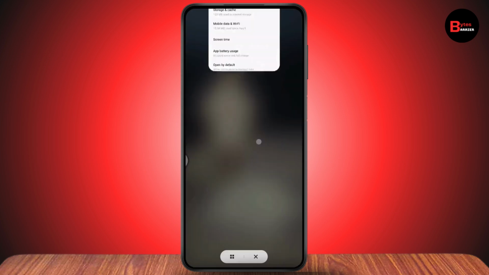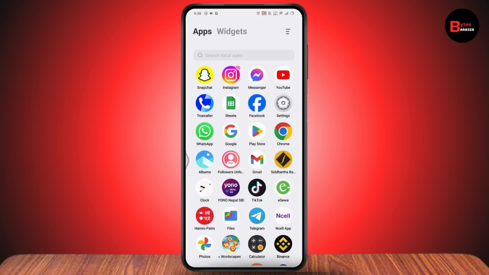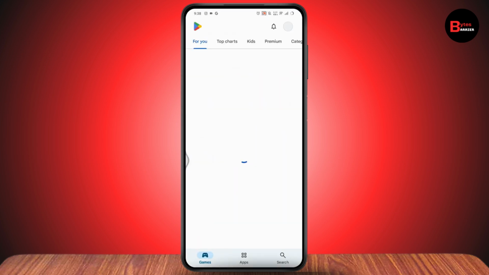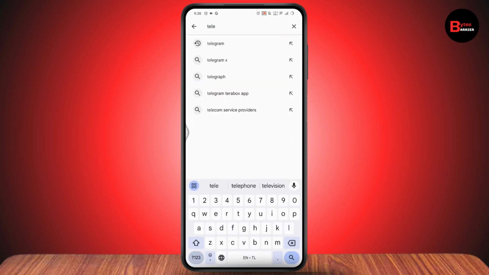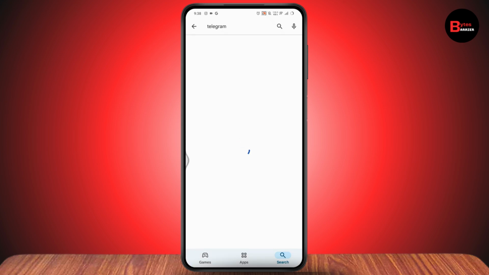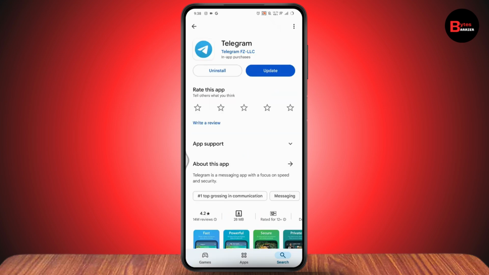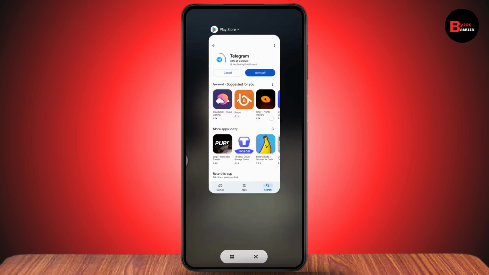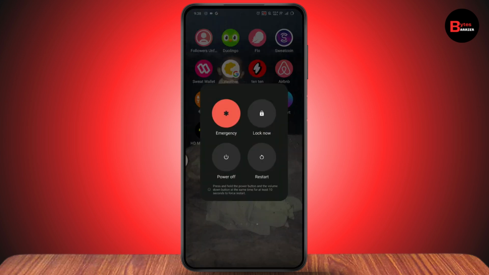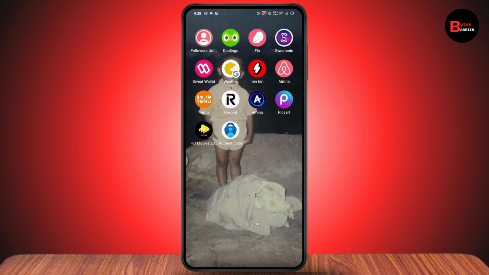Once you turn that on, now you can go with the next step, which is you can open up your Play Store or your App Store and then go with search. Under search, you can simply search for Telegram. And if you have any updates under your Telegram, you can simply go and update the application. Now, once you've updated, your problem might be fixed. And once you've updated, you can simply go and restart your device, and after restarting, you will be able to receive the